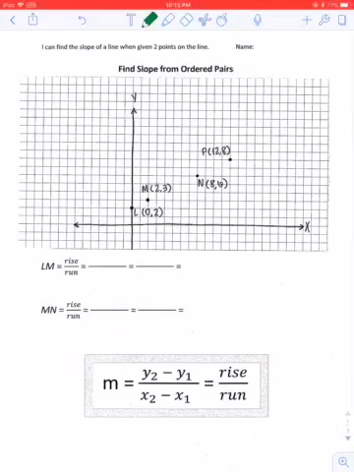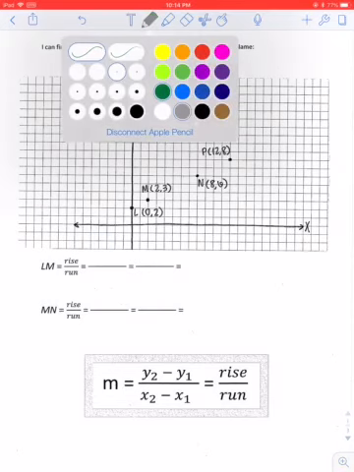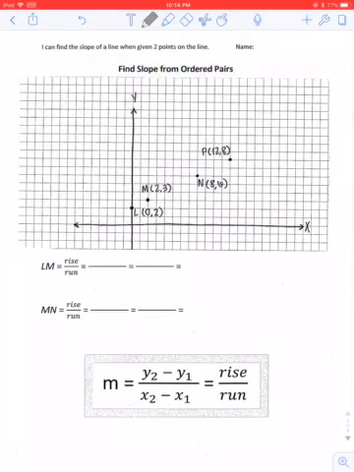Okay, we are back and we are still talking about slope. This time we're going to look at how we can use 2 points on a line to find slope. So we have here 4 points, and we're first going to look at the line that would connect all of these. So I'm going to look at drawing a line somewhat through all the points as close as possible,